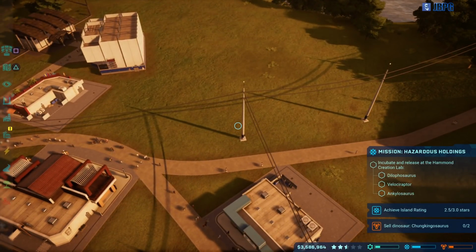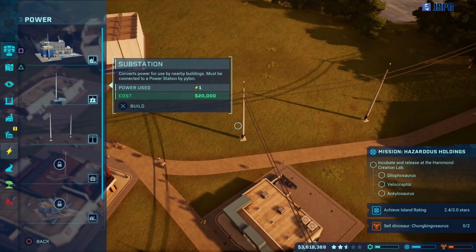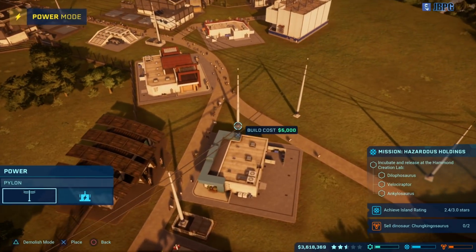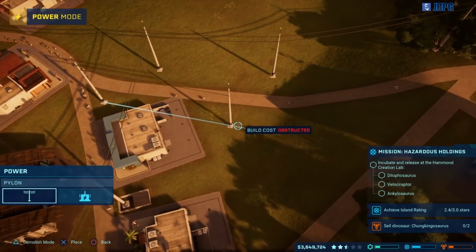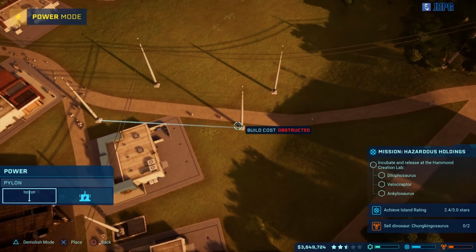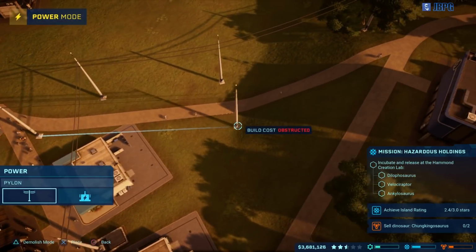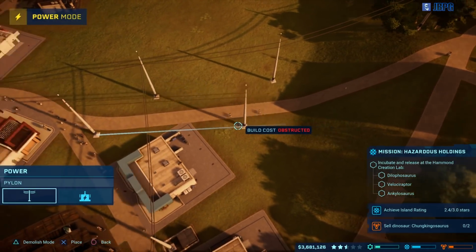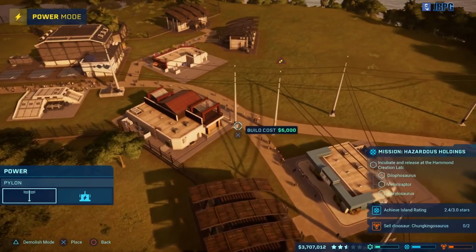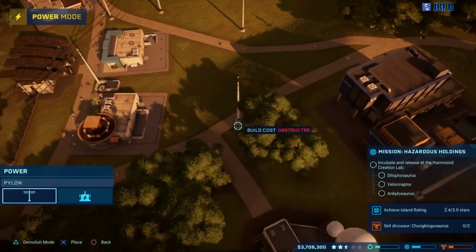I do know I'm going to need to move these power lines. No, that's a substation. There we go, pylons. So I want a pylon here. Oh, no, that's obstructed by the building. Okay, let's try here. Still obstructed by the building. Okay, this isn't going to work the way I'd hoped. Will it connect there, though? It will. And it will connect there. Excellent. So, now,